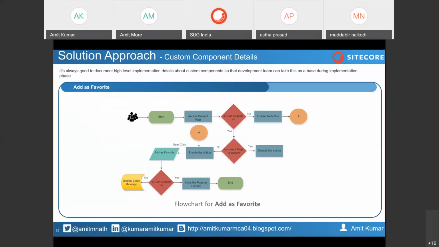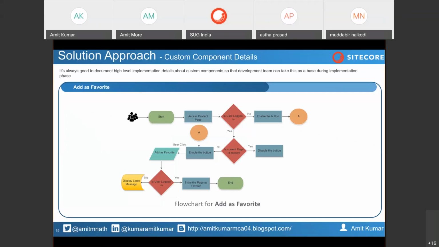And this is just a showcase of what I have explained. If any user is coming to your website, they will access the product pages or any page. If the user is logged in and it is the current page, then disable the add as favorite button. If it is not the current page, then enable the button and the user can add it as a favorite, and it will be stored in the XConnect custom profile.